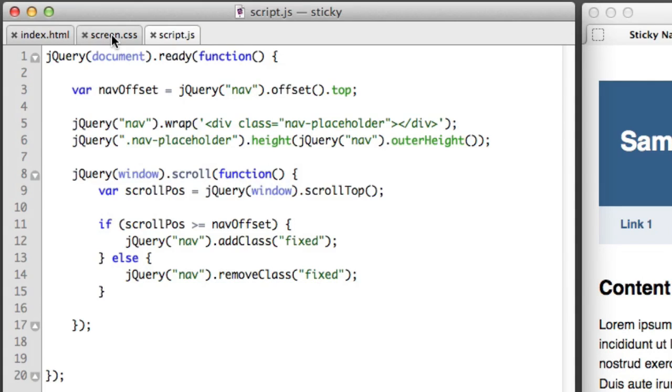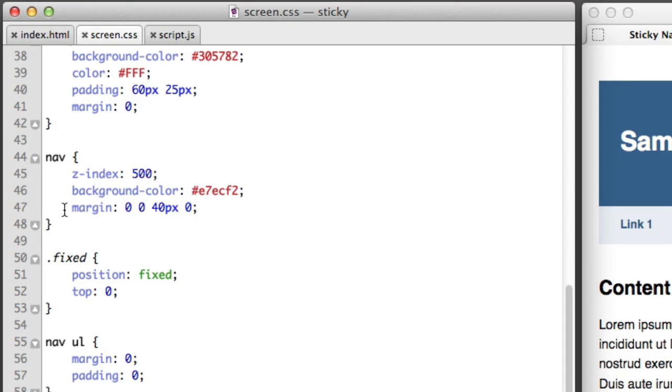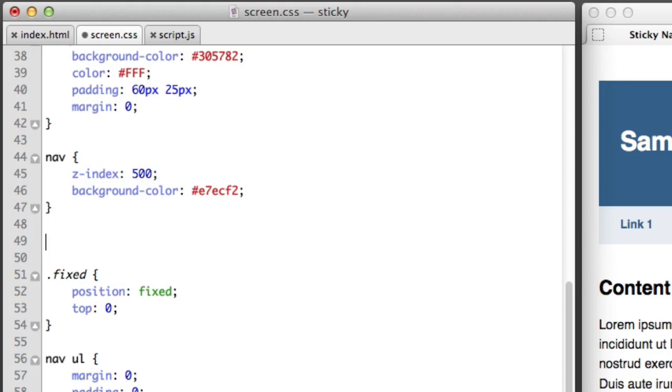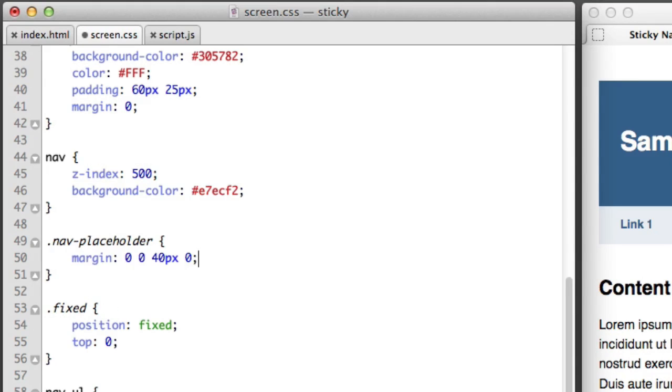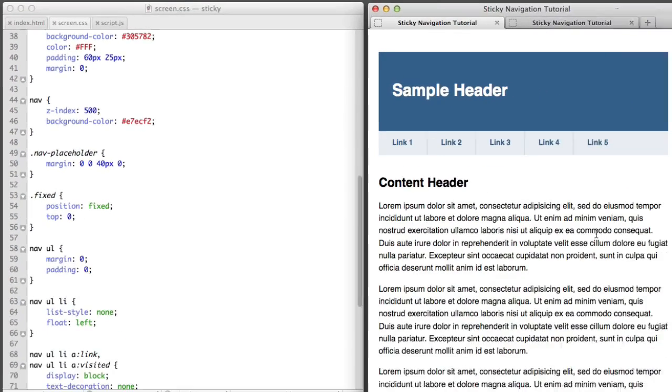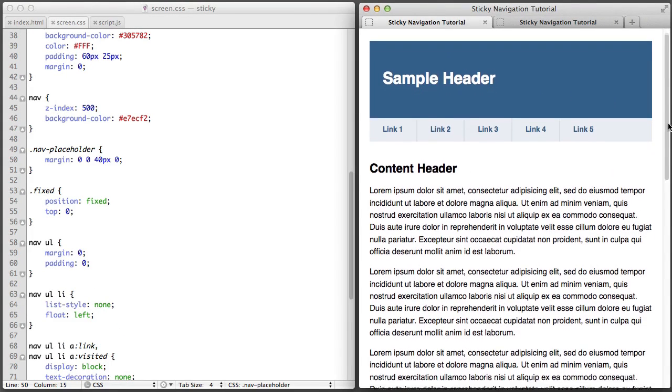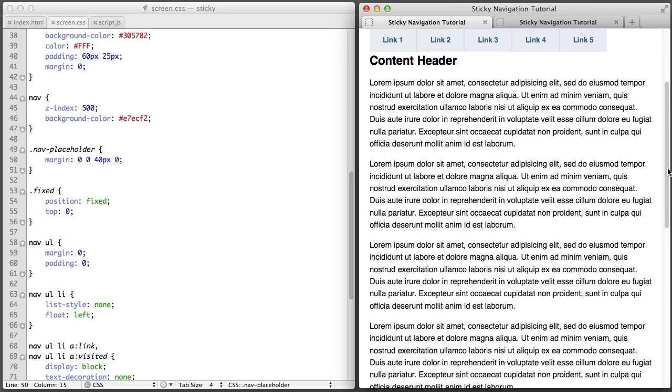Okay, and the one final step is that we want to take this margin, the bottom margin of the nav, and let's just give this instead to the new wrapper element. So we'll say nav placeholder. Let's give that element the bottom margin. So now if we refresh our page, we see that once we scroll to the threshold, there's no awkward jumping